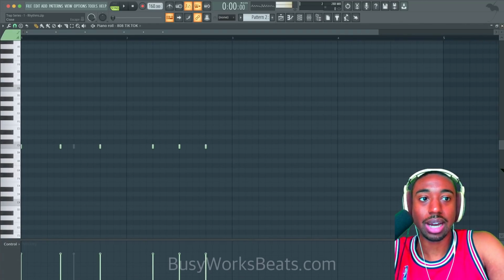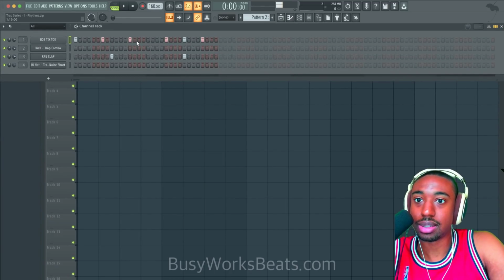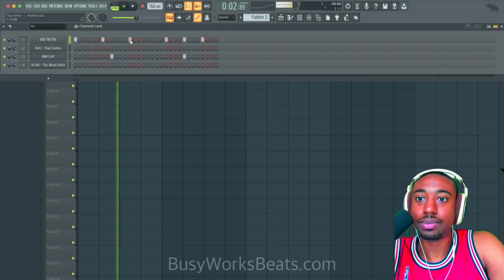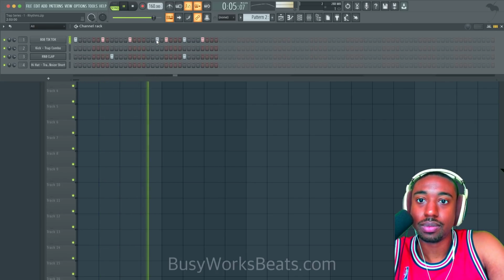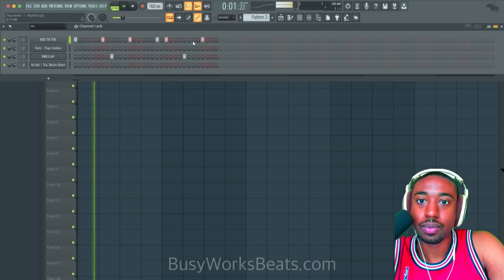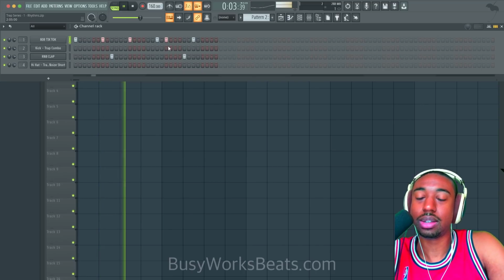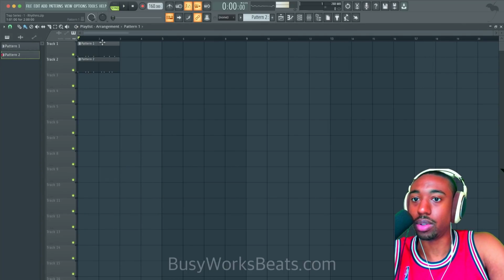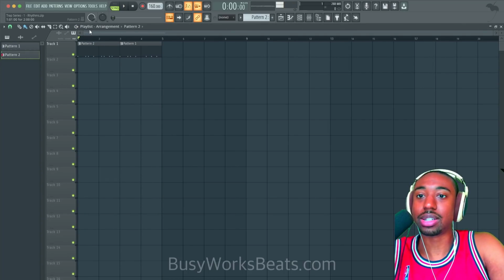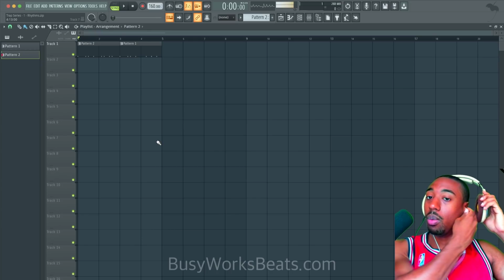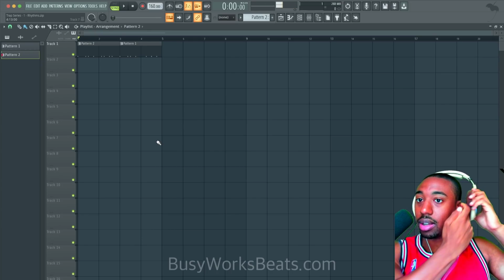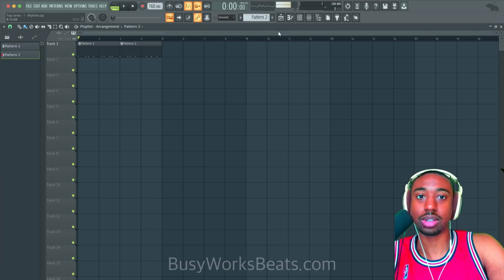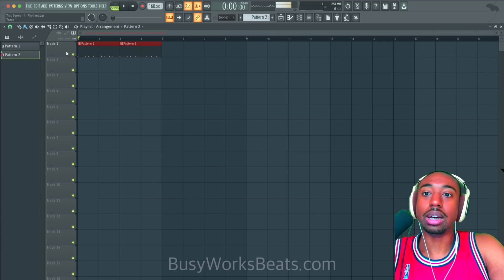Double click to go inside, and let's make something different about this pattern. Let's just add maybe an 808 in here. Change up the rhythm at the end. Okay, so that's how we'll do it. Now we have two different distinct sections of the drum. Remember, in part one, we went over how 4 bars in trap music, especially at these high BPMs, is really only 2 bars. So that's a 2-bar drum loop, and we'll keep it there.